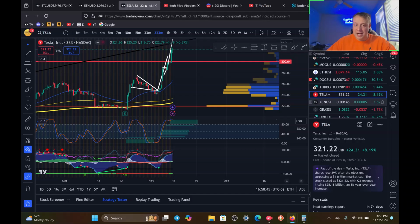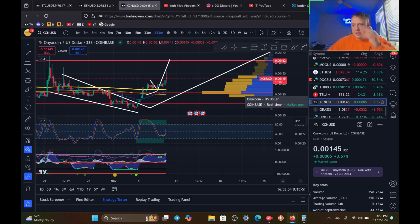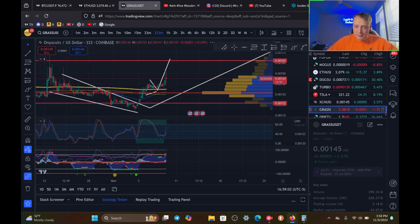There's a lot more bullish coins than I thought. I mean, we're going through the list, and all these look really good to me. I'm long Tesla macro time frame. I got in at 225 2 weeks ago. I'm really happy with that entry. That is not crypto related, but I think Tesla's like the Bitcoin of the stock market. I hope we're still recording. So, anyways,